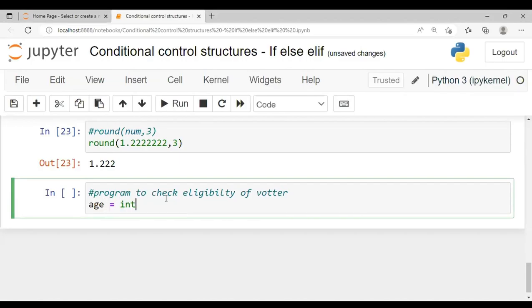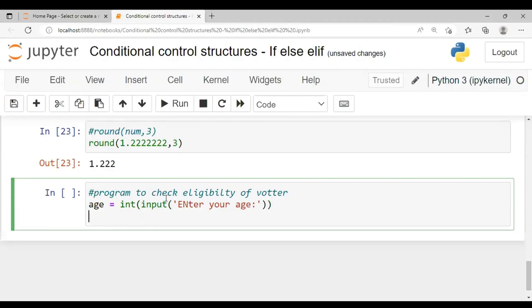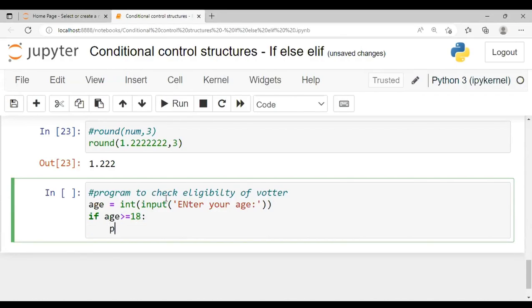Age is equal to, age would be an integer. So just accept the age from the user. Ask the user to enter your age, right? And then the user will enter the age, guys. Let us validate that age is greater than or equal to, you remember the symbol, we learned these operators, right? Now we need to use those operators. Write down print eligible for voting,